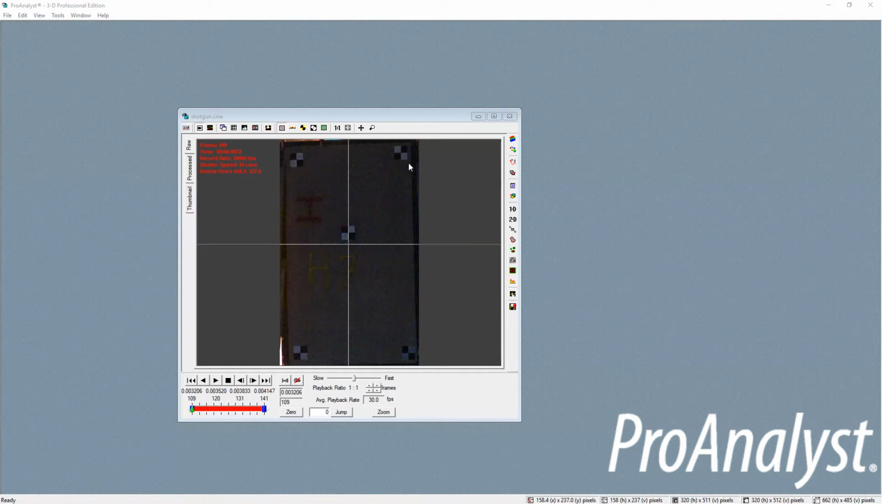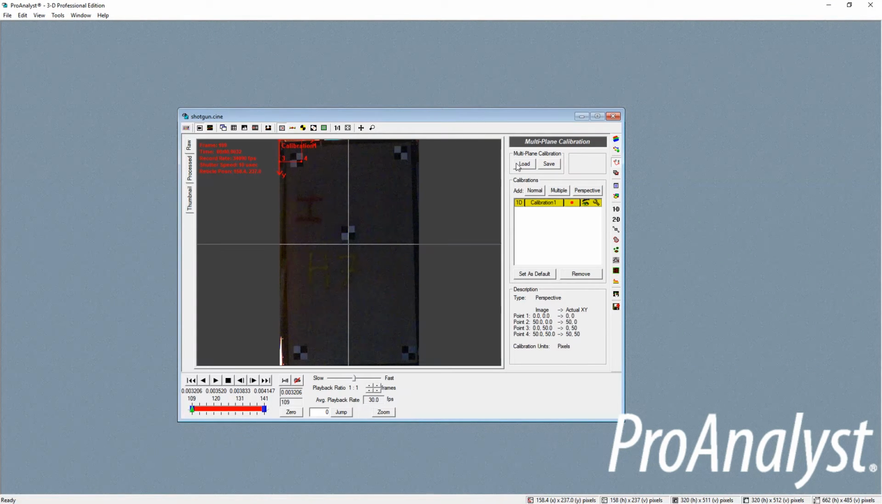It just means that we need to use a perspective calibration instead of a normal calibration to compensate for this, so that the software can understand the relationship between the camera and the 2D plane that it is viewing and measuring here. To calibrate the shot, click on the image calibration tool on the right hand side of the measurement